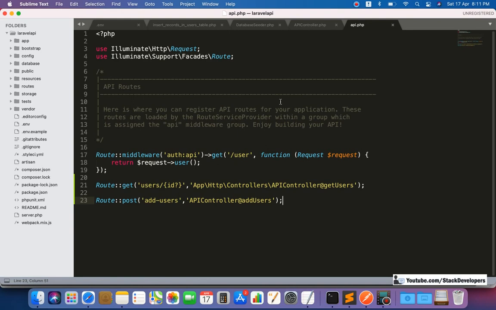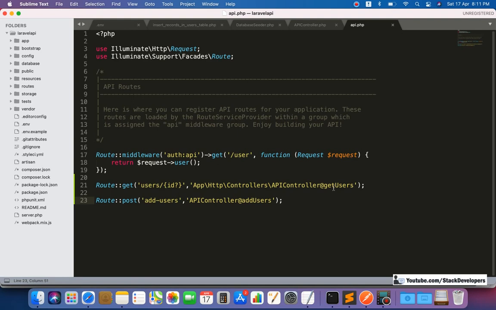For that I am writing this API, and every time you work on an Android app as a backend developer, you need to write such kinds of APIs. We can also say endpoints. These are the endpoints, these are the APIs that we write for the front end developer. So this is the work of the backend developer. If you are a PHP backend developer, or a Laravel backend developer, then this will really help you.